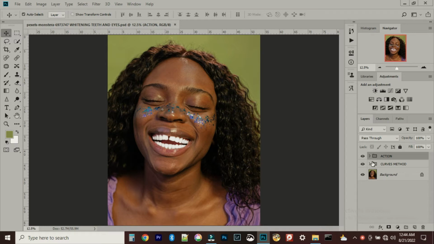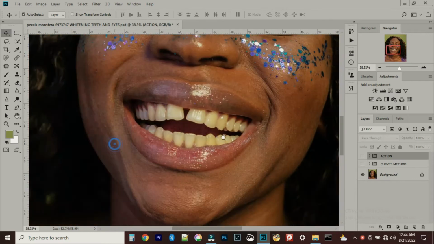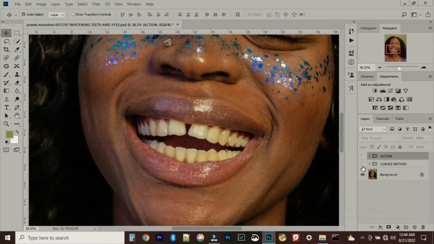So today I just want to show you a quick way to brighten and whiten your teeth and the eyes by using two different methods. We're going to use an action and just the curves, okay? This curves method, as you can see, there is the teeth, the curves method,